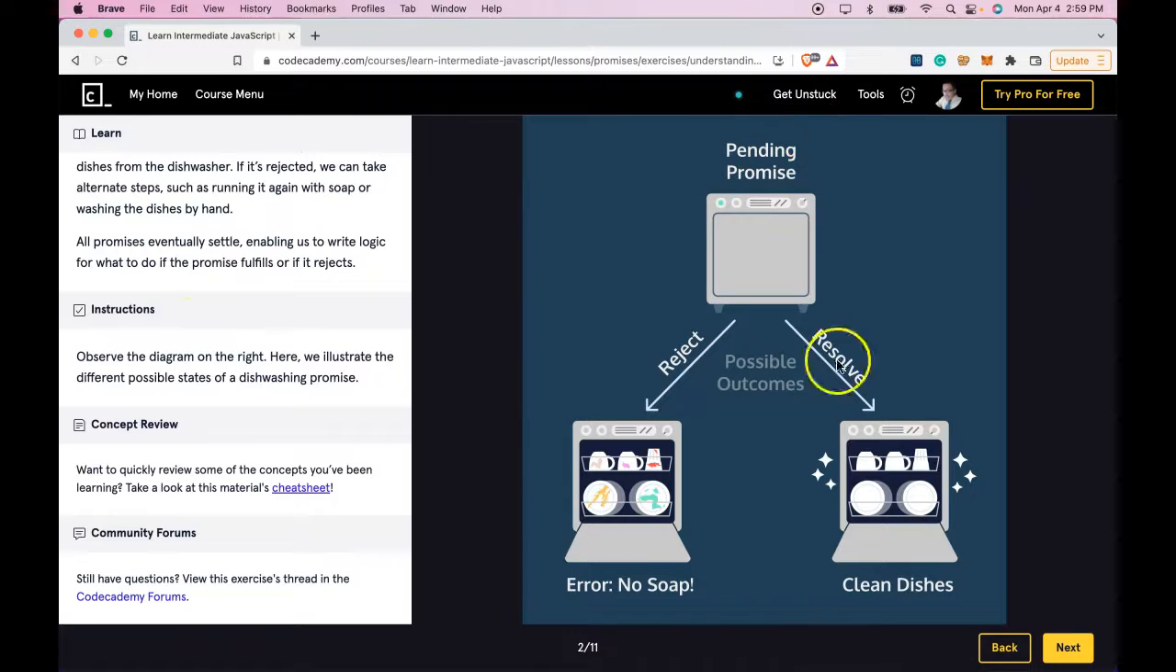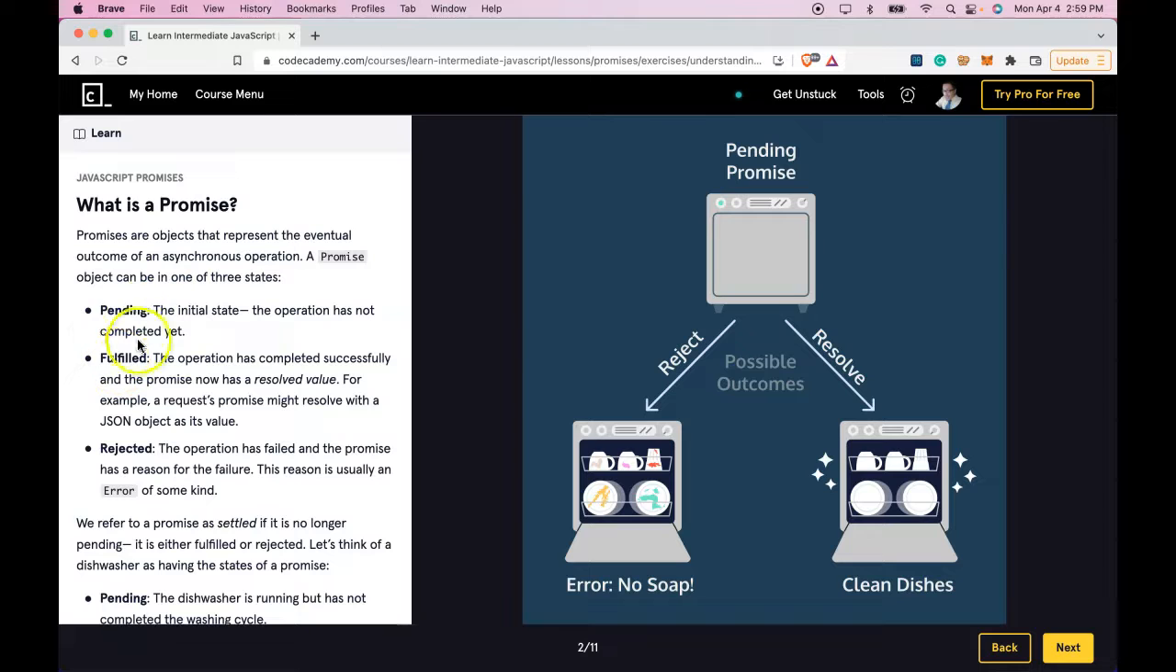So as long as you're understanding that a promise is going to have three different states, and they represent the eventual outcome of an asynchronous operation, then you're understanding what promises are, and we will be looking at more examples